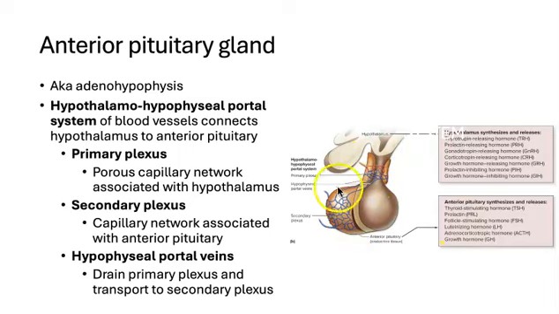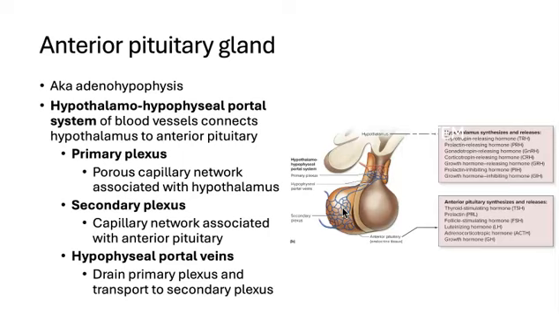The anterior pituitary gland is also called the adenohypophysis. Adeno means like glandular, so we have a lot of glandular tissue in here. And like we said, we communicate between the hypothalamus and the anterior pituitary gland using a portal system, and the fancy name we give to that is our